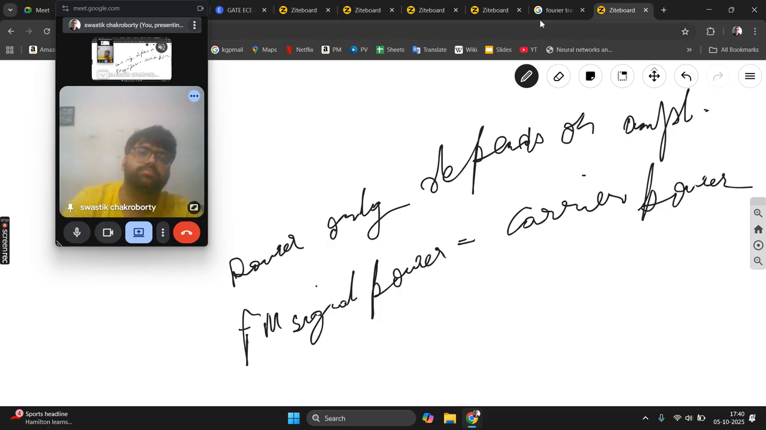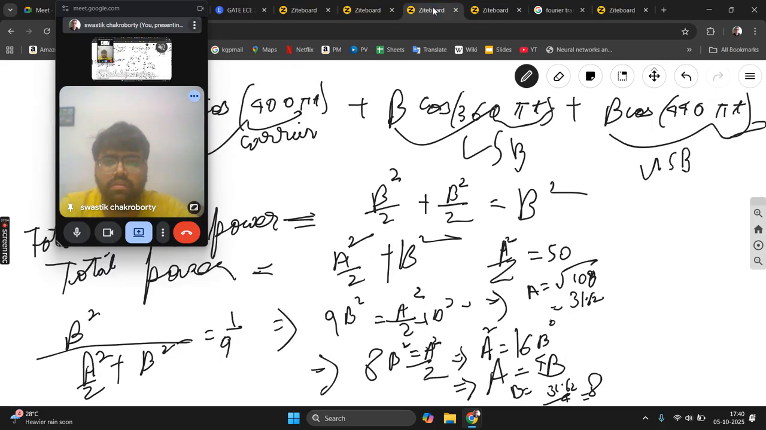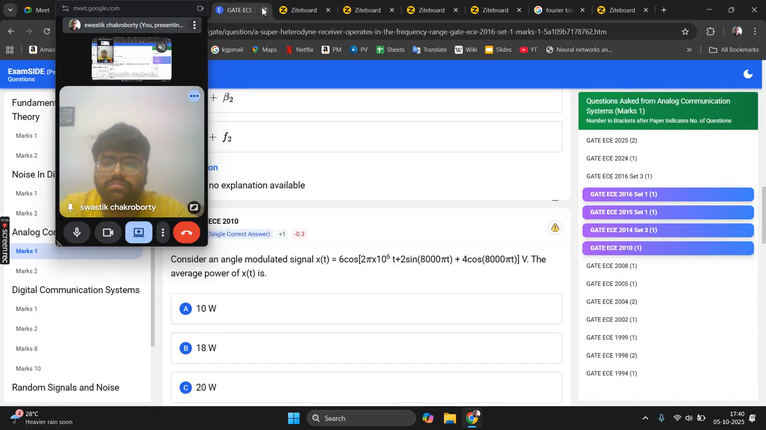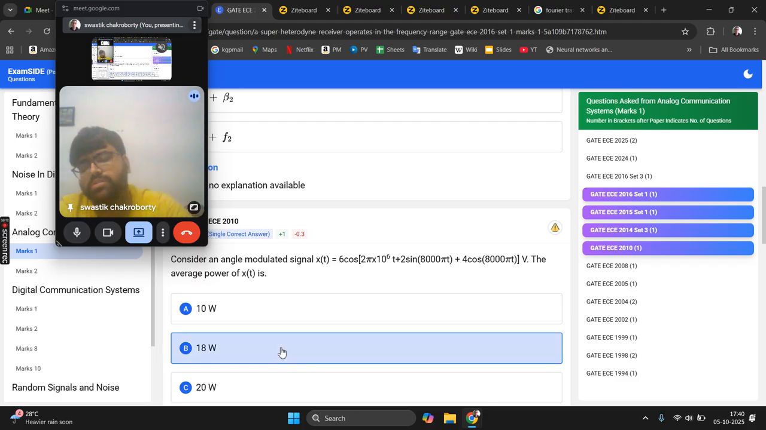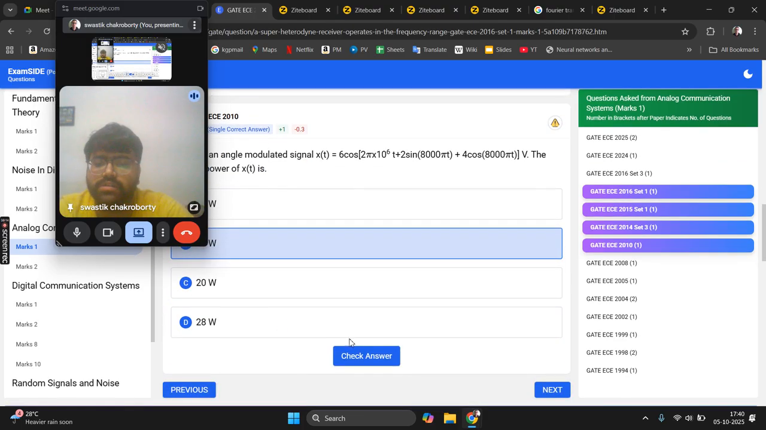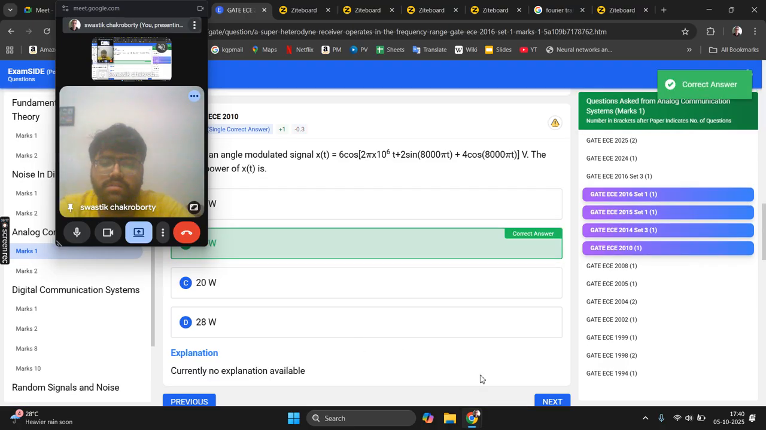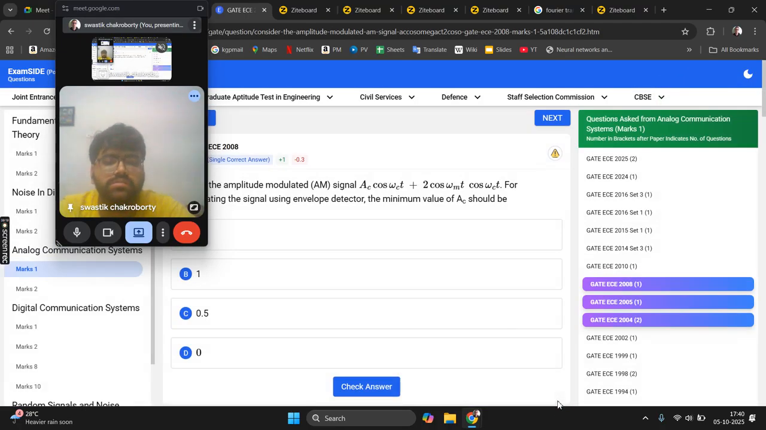Now with that done, the carrier power is 6 squared, 36, by 2. So 6 squared, 36, by 2, 18 watts. So the correct answer is 18 watts. Next,